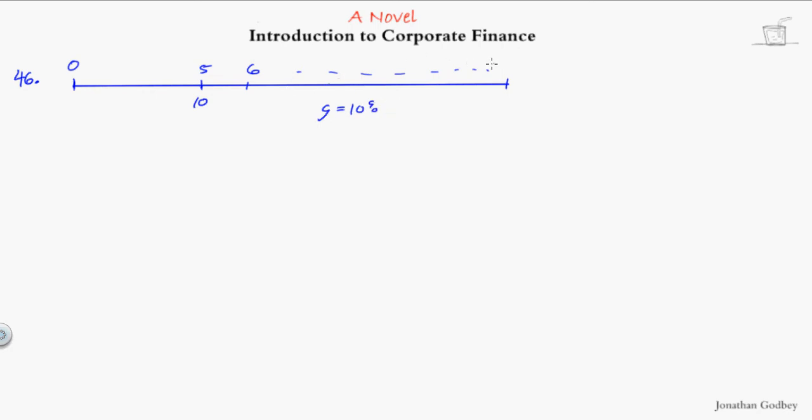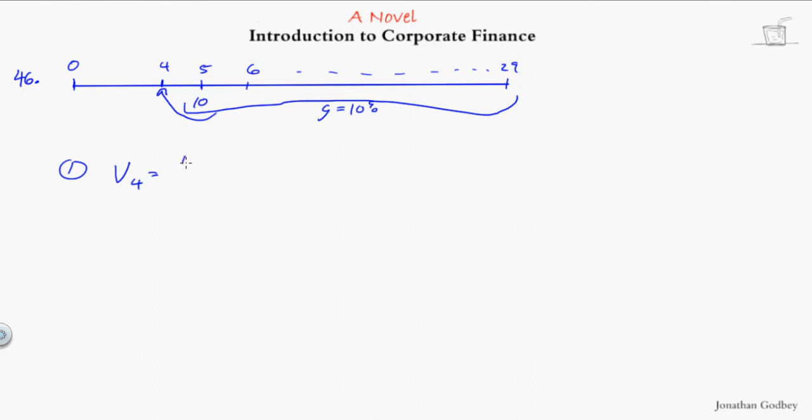So there are 25 total payments. So this goes to year 29. And the question is, would you rather have these payments or the $300,000 today? So I need the present value of all this. Using the present value formula, I'll find the value in year 4. So step 1, the value in year 4 is equal to, when we go back to that old formula, the